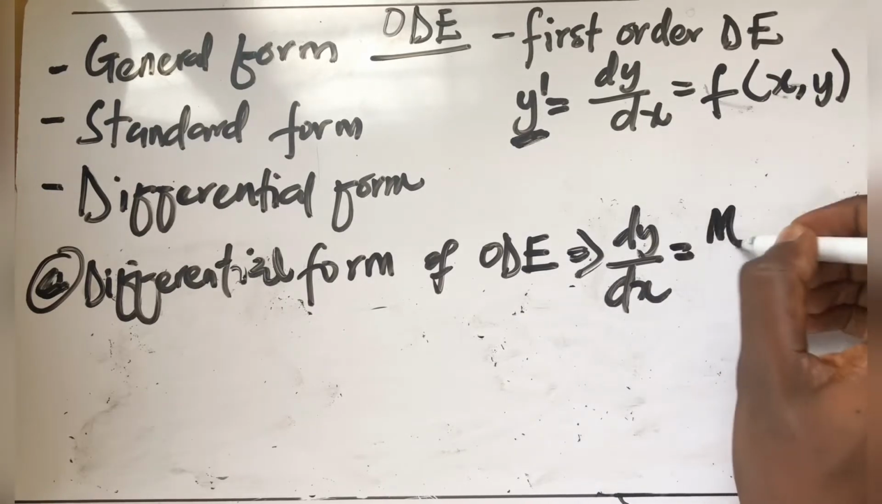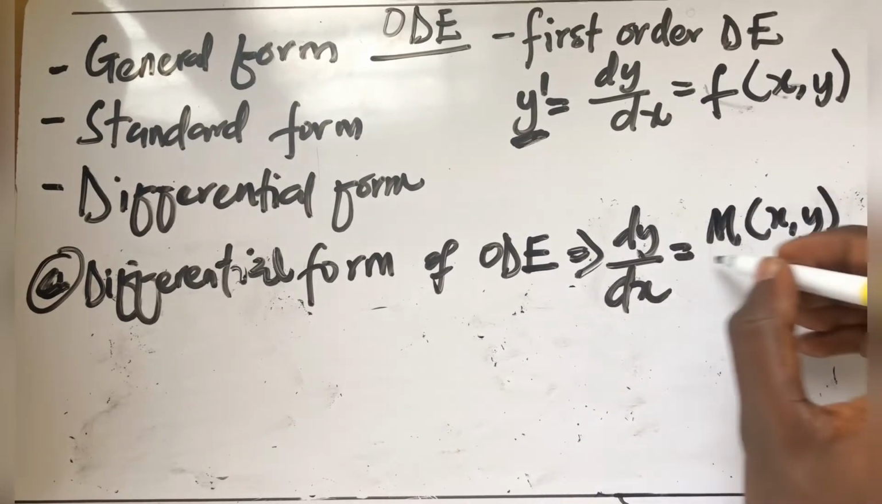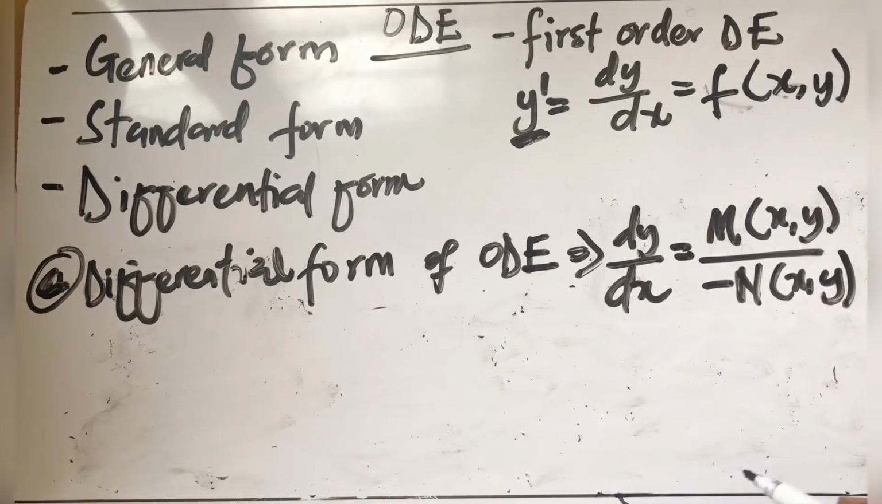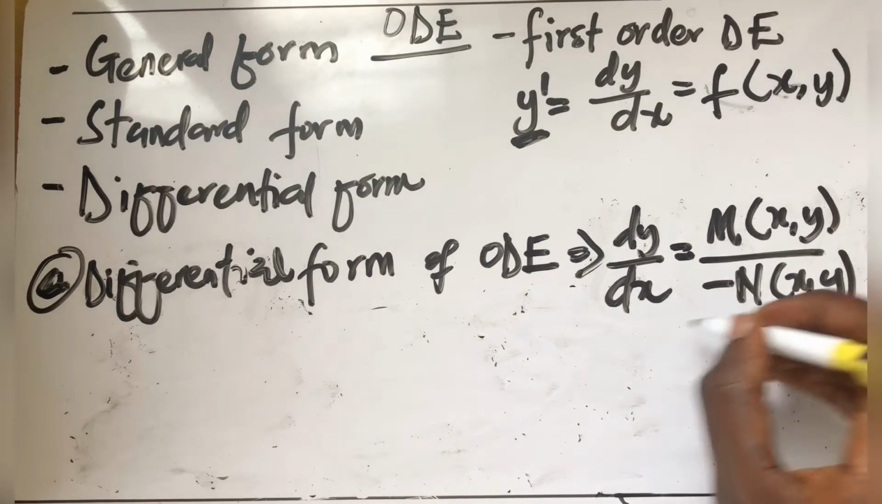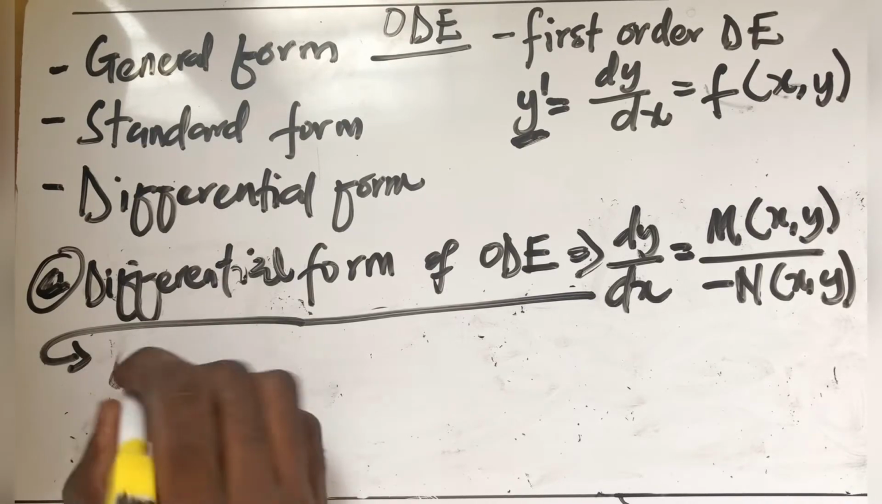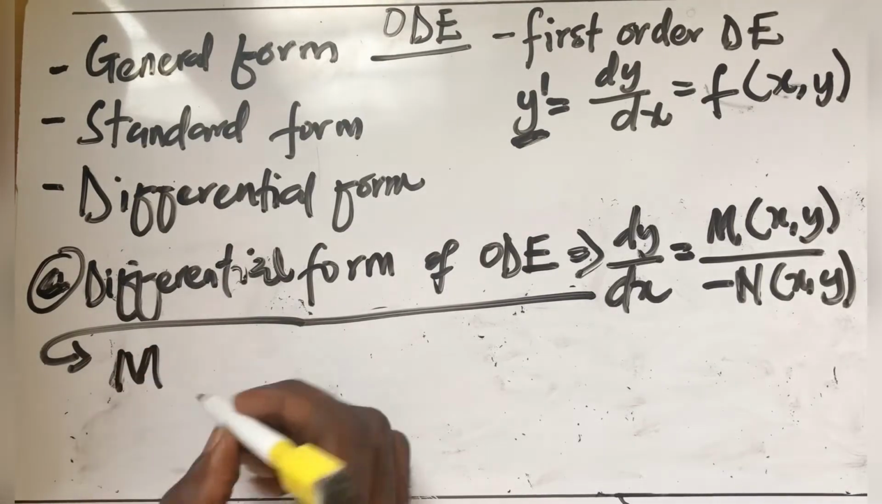A certain m, with x and y variables, divided by minus n, with x and y variables. Note that the differential form of an ordinary differential equation is similar to the general form. But for the general form, we try to group only the y variables and then the x variables. So this can be further simplified as m of